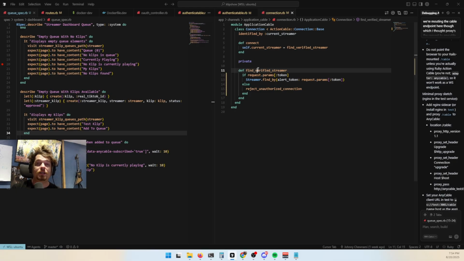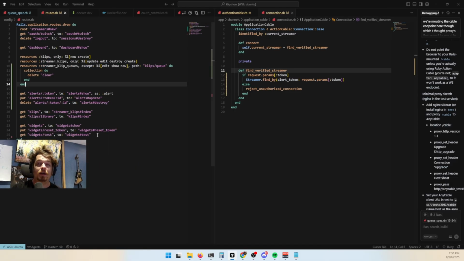But the underlying issue here is that the AnyCable host and the Rails server hosts are actually going to be different. So those cookies aren't going to be accessible from the Rails server and the AnyCable because they're from different hosts. And I was under the impression that mounting the AnyCable endpoint in our routes here proxied those requests to our AnyCable instance, and it appears that that's not the case. It appears that that's just how ActionCable works. If you're using it without AnyCable, you're just using it as the Rails backend. I could be wrong on that, but ultimately the issue is that we can't rely on cookies-based authentication for these